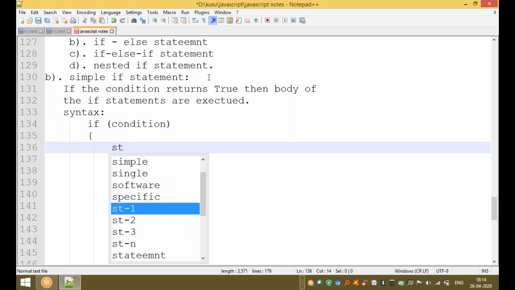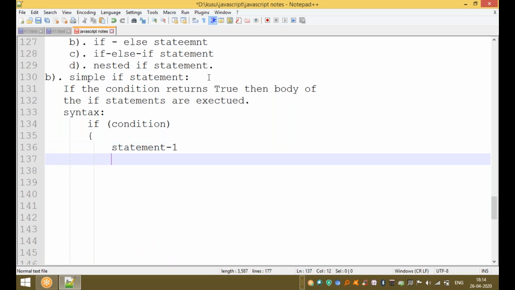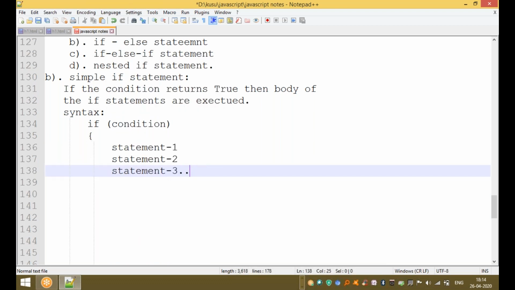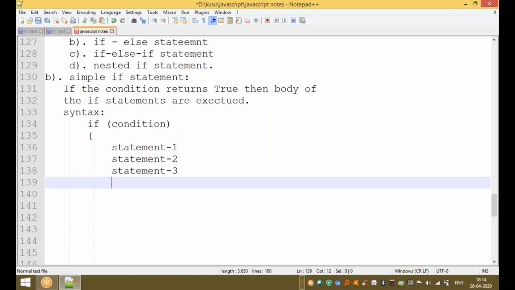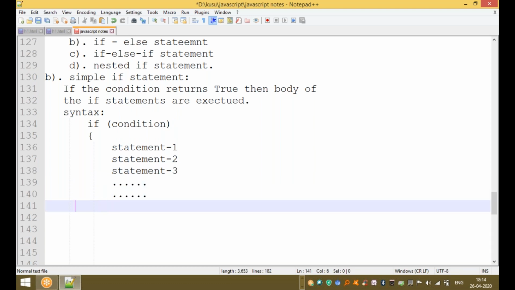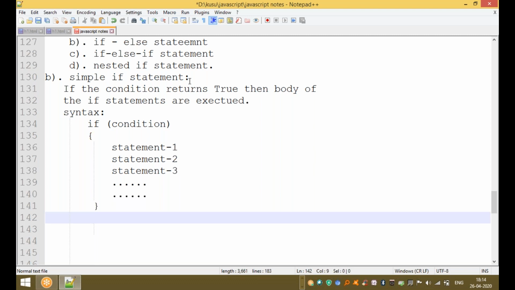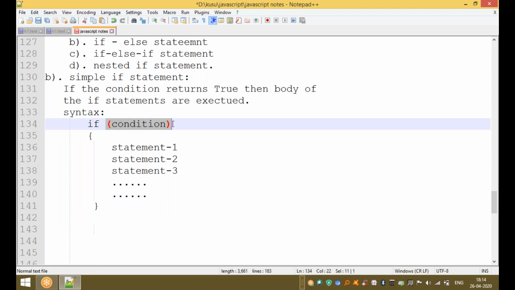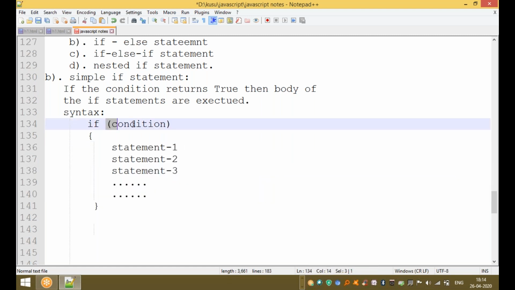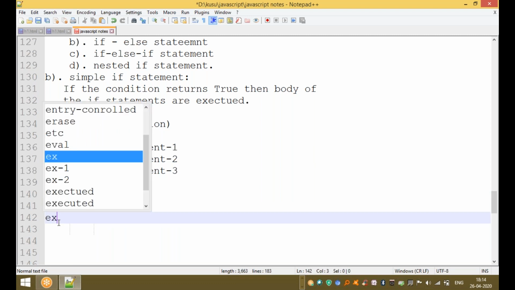We write statement one, statement two, statement three, and so on, any number of executable statements. If this condition returns true, these statements are executed. Otherwise, these statements are not executed. Based on the condition, statements are executed or not executed.